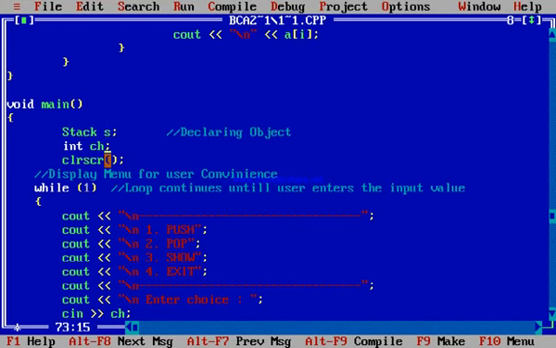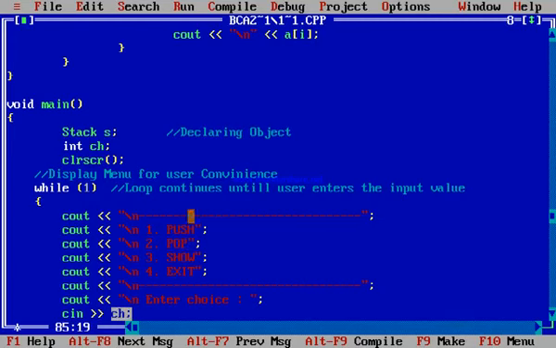Now here one another variable is taken, that is ch. The ch variable is used for the choice which the user selects from the menu.